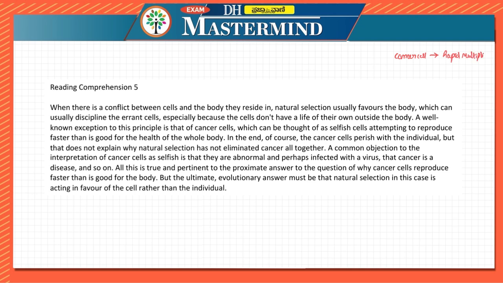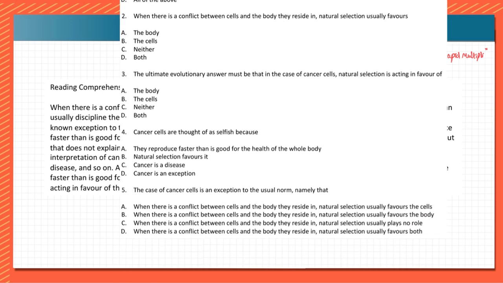Rapid multiplication of cells. This rapid multiplication of cells is decent, but if there is rapid multiplication of cells, then you call it cancer. They are mentioning that because those cells rapidly multiply, you call it cancer, and because of that they are called selfish cells. Now let's go and look at the selfish cell.